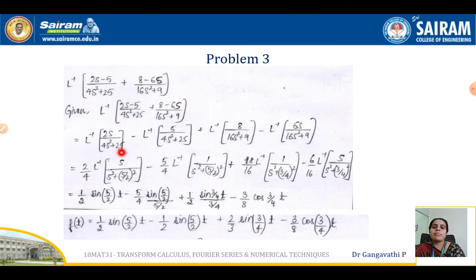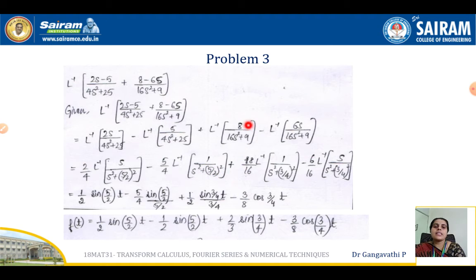So s square plus 25 by 4, and 25 can be written as 5 square and 4 can be written as 2 square. Therefore 5 by 2 the whole square. And in the numerator we have taken out 2 as a common term, and this is the left out term from this term. Similarly here from this term 5 is a common factor in the numerator, take it outside, and in the denominator again 4 is an additional term which is causing an interpretation disturbance here. So that 4 also needs to be eliminated, take it out as a common term, so that you get s square plus 25 by 4, and 25 by 4 can be written as 5 by 2 the whole square,